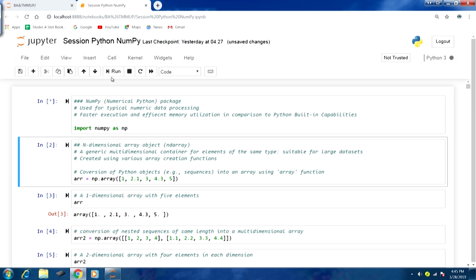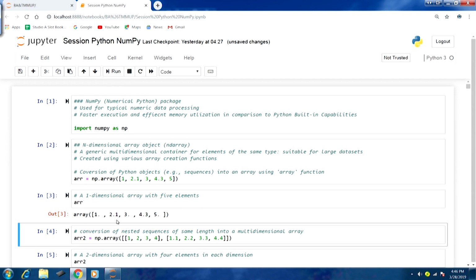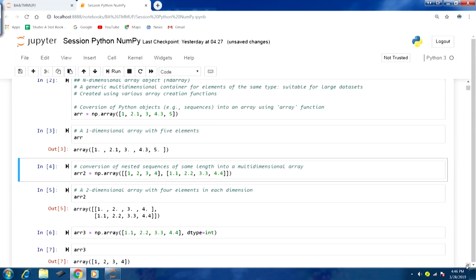So, first thing is loading this library module. Then we talked about the ND array, that is the n-dimensional array object, and we talked about the one-dimensional array. Let us take as an example an array with 5 elements. Then how we can create a multi-dimensional array.